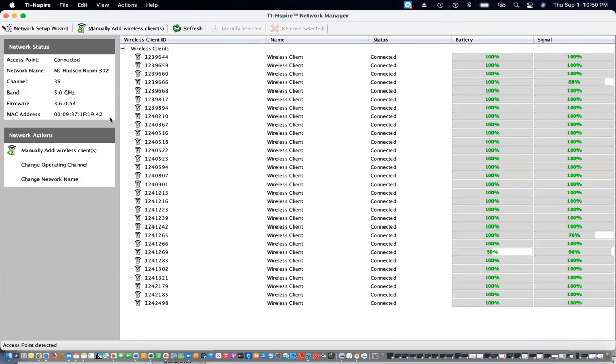Now, once in a while, just depending on the Wi-Fi setup at your school, there might be an issue where your Wi-Fi doesn't recognize the access point MAC address. So this is where you can find that. You can also find it at the bottom of your access point. So once in a while, your tech people might need to whitelist the MAC address so your access point can work